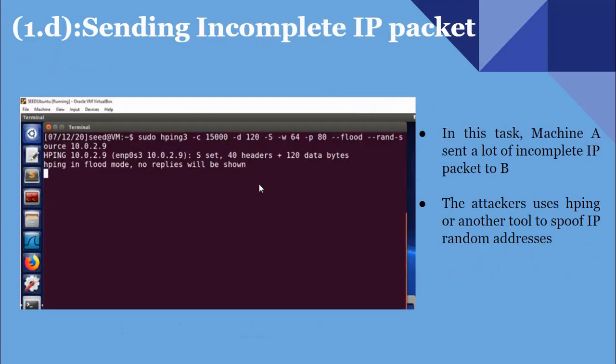Next is sending incomplete IP packets. In this task, machine A will send a lot of incomplete IP packets. In this task, we will be using hping. You need to download it first. Hping3 is open source and available in open source,